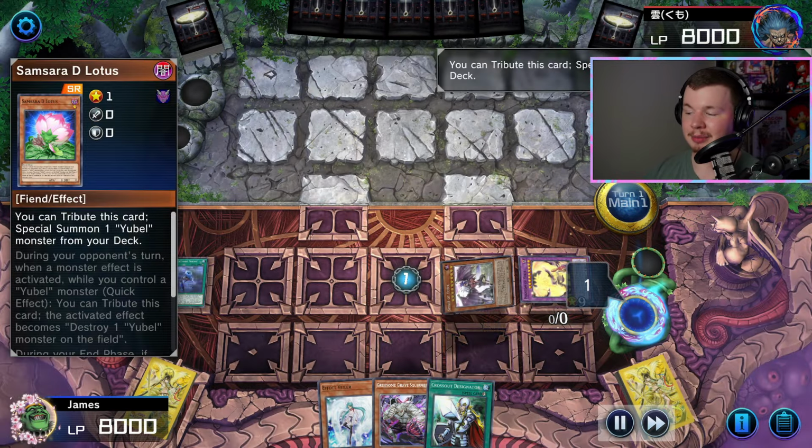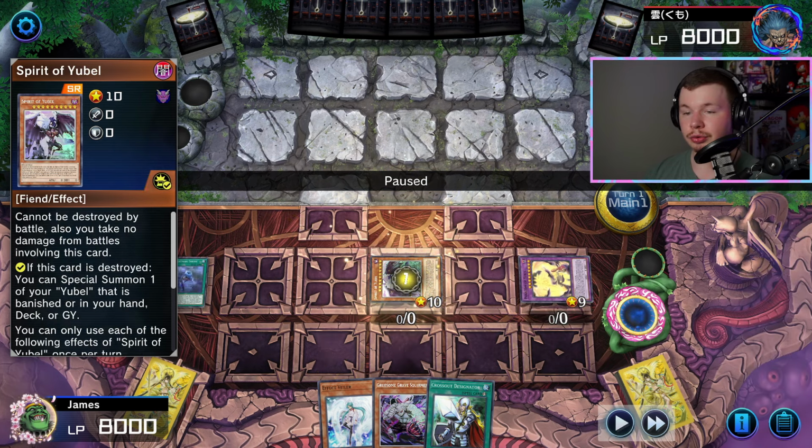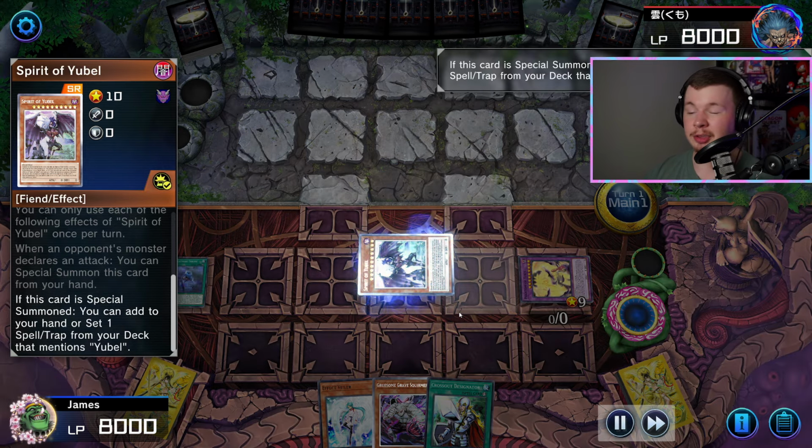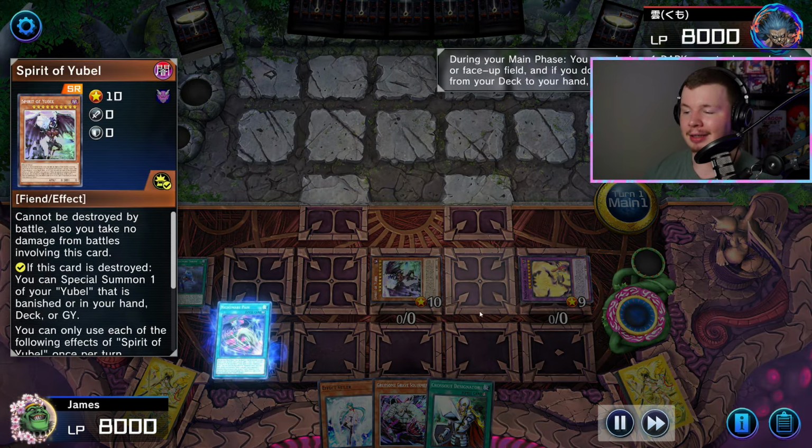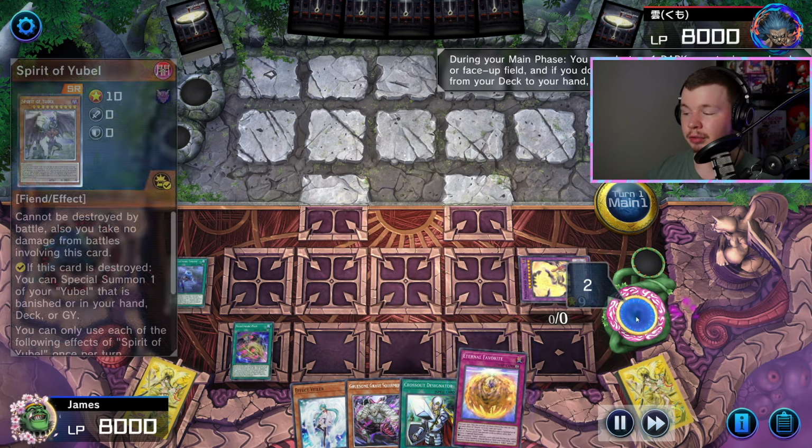Then we can normal summon the Samsara D Lotus. We can tribute it to special summon from the deck a Spirit of Yubel. At this point, Spirit of Yubel will use its effect to set the Nightmare Pain. We can activate Nightmare Pain, pop the Spirit of Yubel, and then we get to search our Eternal Favorite, trigger